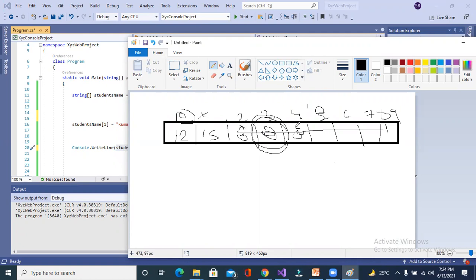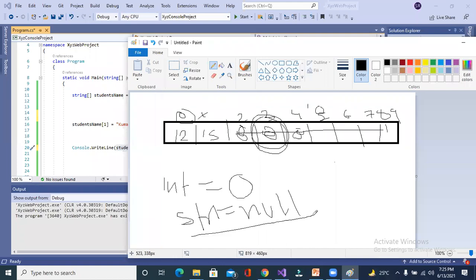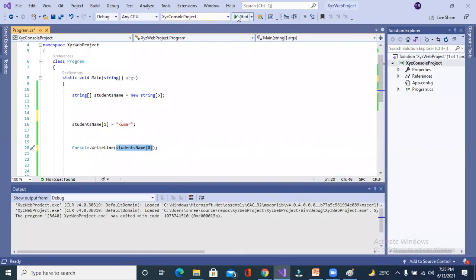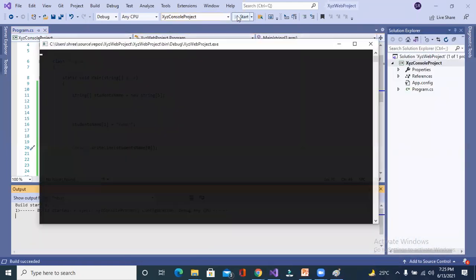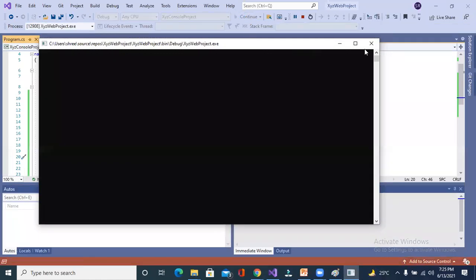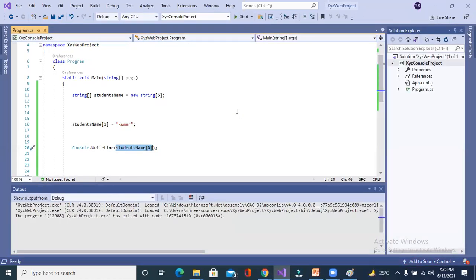Getting my point? If you are using an integer, the default value would be 0. If you are using a string, the default value would be null, which means blank. That's why it will not print anything. These are common logic. You can only understand if you play with code.